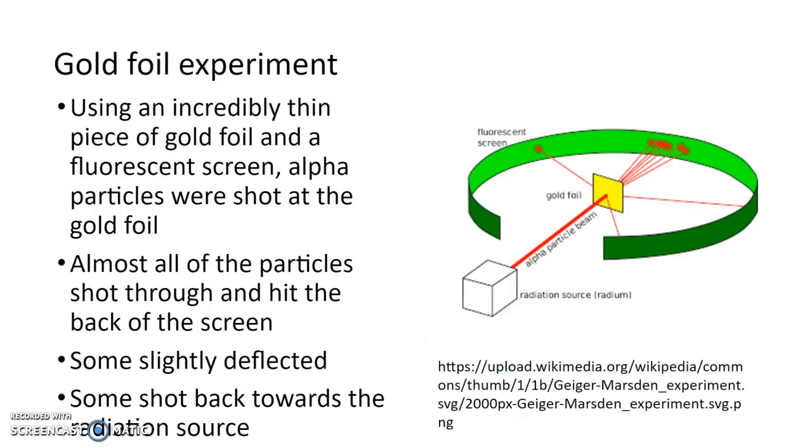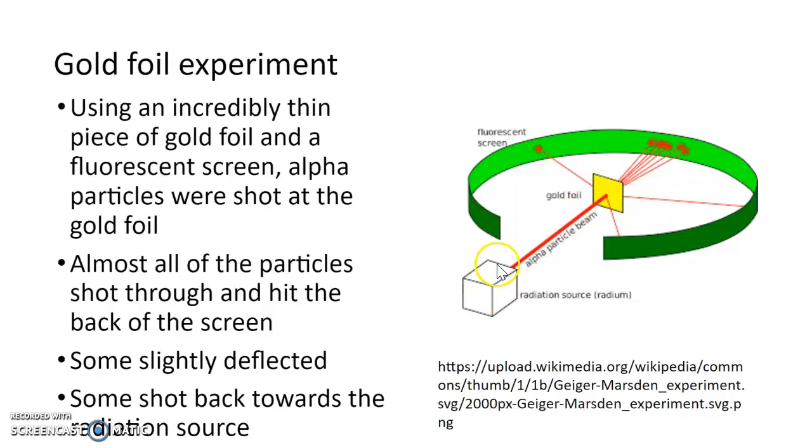foil experiment. So Rutherford ends up having his students set up a thin piece of gold foil. It's very, very thin. It's about 200 atoms thin, which is very impressive. Even if it doesn't sound like it, that is incredibly thin. And then he has this fluorescent screen in the background so that he can see whenever an alpha particle runs into that screen. So he ends up having this radiation source. Radium was what produced those alpha particles,